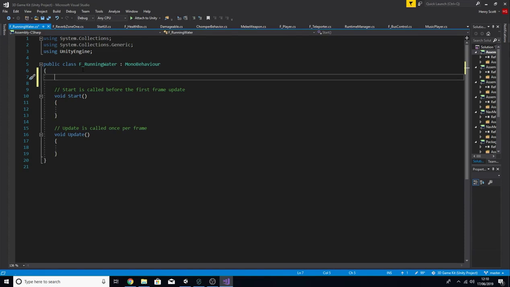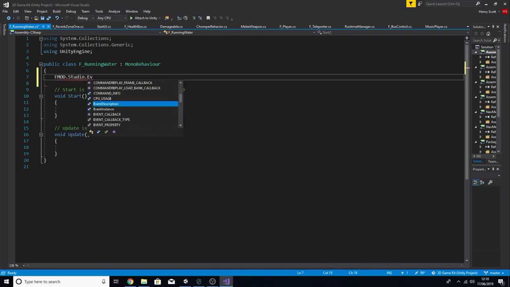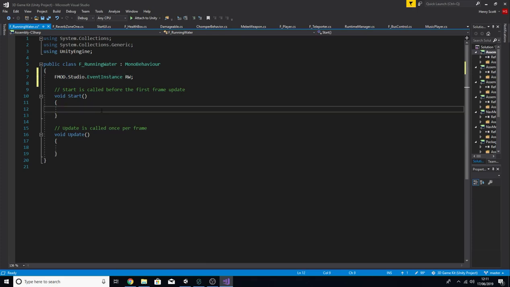So let's make some space inside of the class and we'll write fmod.studio.event instance and then give it a name such as RW, short for running water, and then end it with a semicolon. Then inside our start function, let's set an instance to our variable by